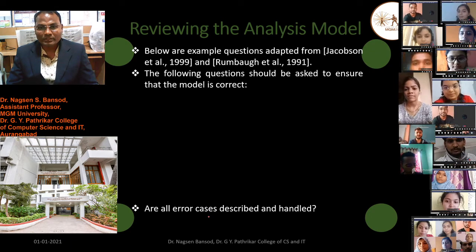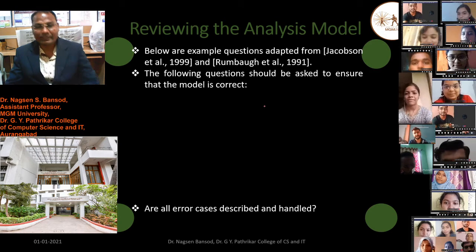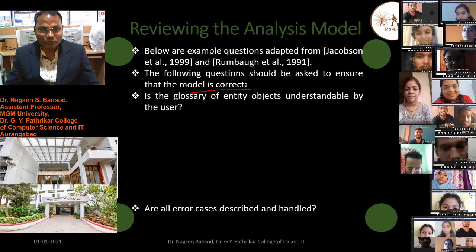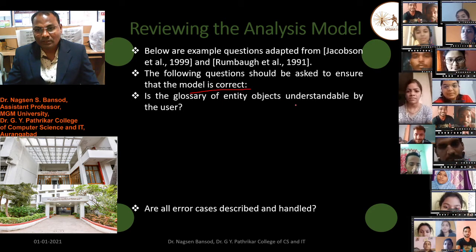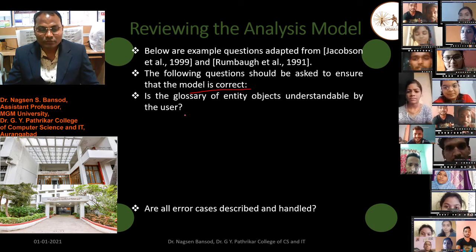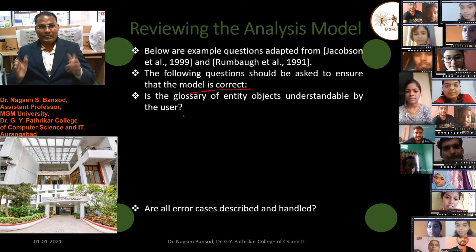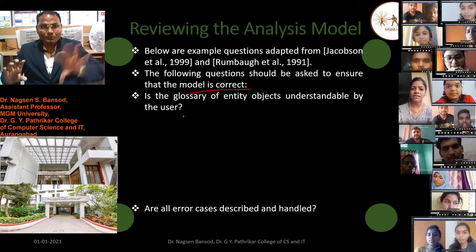The following questions should be asked to ensure that the model is correct. To identify whether the model is correct, such type of question we have to ask. Is the glossary of entity objects understandable by the user? Glossary: is there a dictionary to understand the object's function?